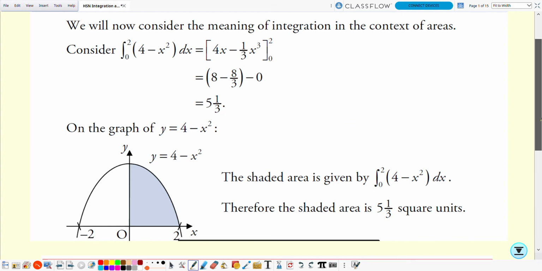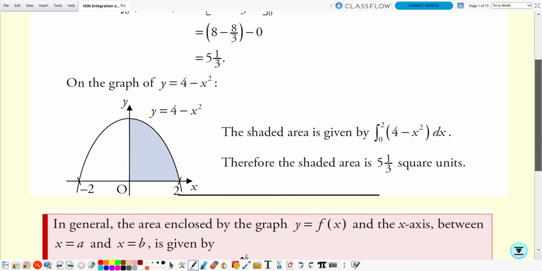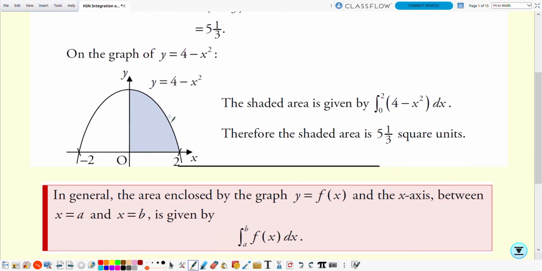If we look at that graphically, what does that mean that we've actually just worked out? Well, what we've worked out is, if we drew the graph of y equals 4 minus x squared, this is a parabola that has roots at 2 and minus 2, and if we're looking between the values of 0 and 2, then the integral that we just worked out is represented by this area between the curve and the